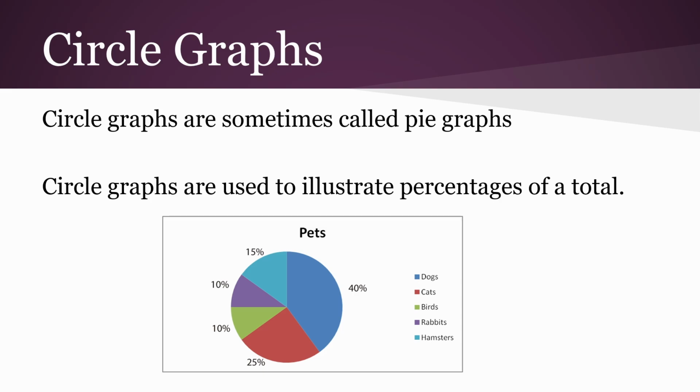Circle graphs are called pie graphs. Did you know pie is a type of dessert and also a type of food? Pets are not a type of food, unless